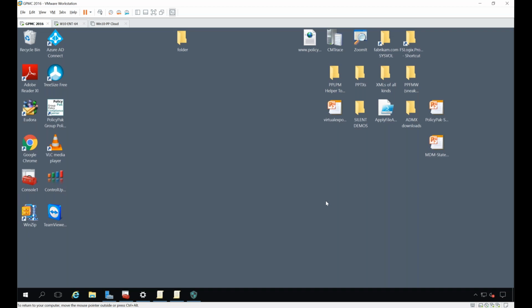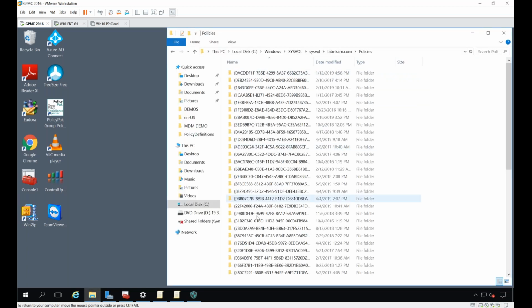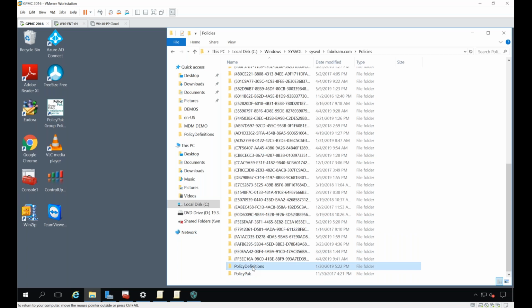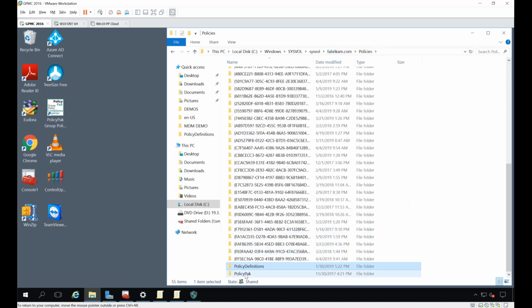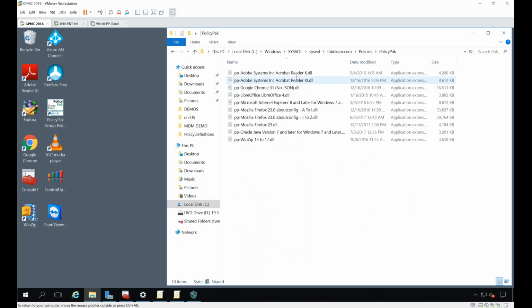Now someone did ask a question and I answered it, that they came with the product. The question was, were the Java and Firefox templates pre-added or do we need to create them? I said they come with the product. The idea is that we have these pre-configured packs that you just put in the central store. In the same way we've got policy definitions for Microsoft, we have a folder called PolicyPack for our stuff. This is only for application settings, and we've got all the things you'd want to do. You just drag and drop them in here, and bang, you're off to the races.